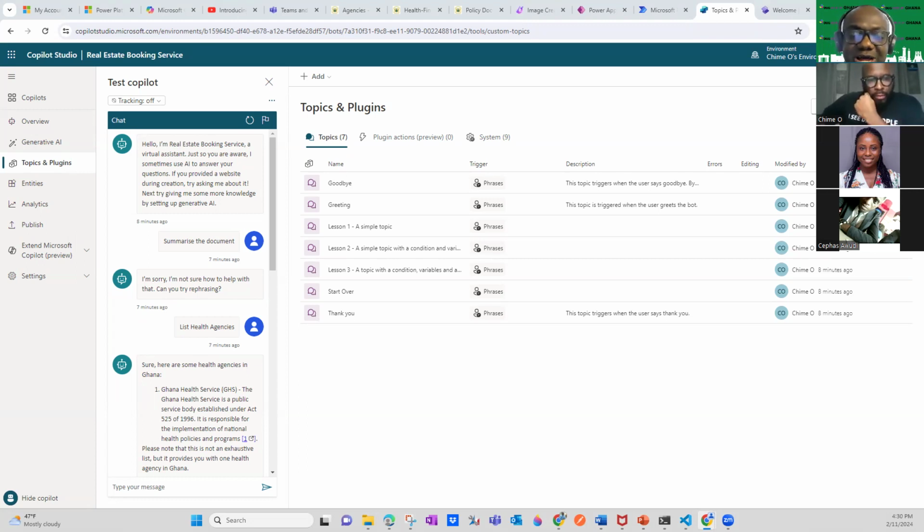I won't say it's for very high tech people, maybe at the level where Chime is. As simple as just using Word, Excel, PowerPoint, you will be able to use the Copilot. Even with the browser, if you are using Edge, you can use the Copilot as Chime demonstrated. Sometimes you want some pictures, you can use a Copilot to generate some pictures for you, which you can then input into your slides. So it's very powerful. You saw what he did with the African Cup final, which is coming up. So it's not for high tech.